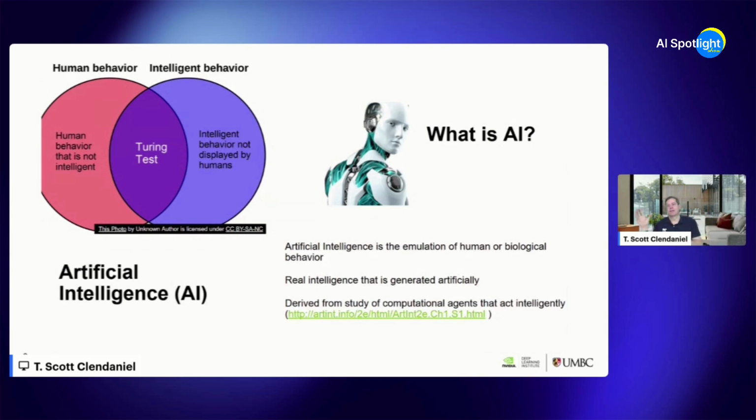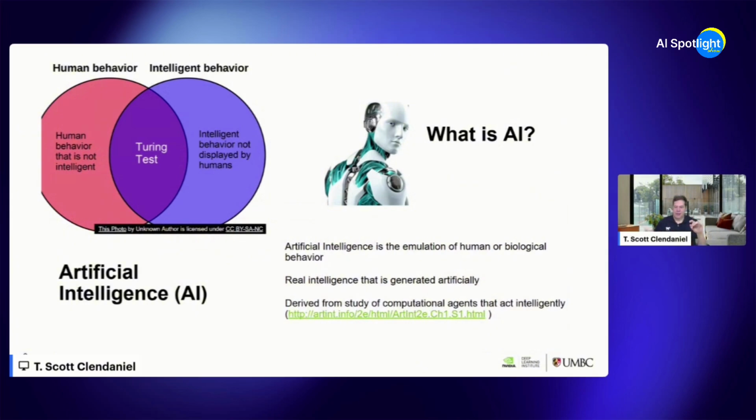So far left, what do humans do? What is their measure of intelligence? Far right, what is it for a system? What's an intelligent behavior that human beings couldn't do? And then there's sort of a central overlap called the Turing test. And we're going to get into a little bit more detail later on. But basically, we're trying to figure out for artificial intelligence,